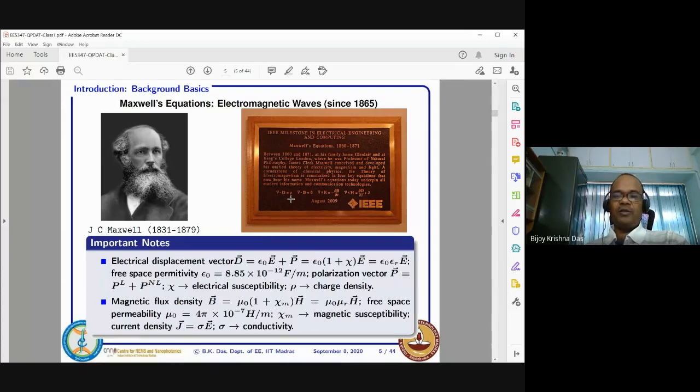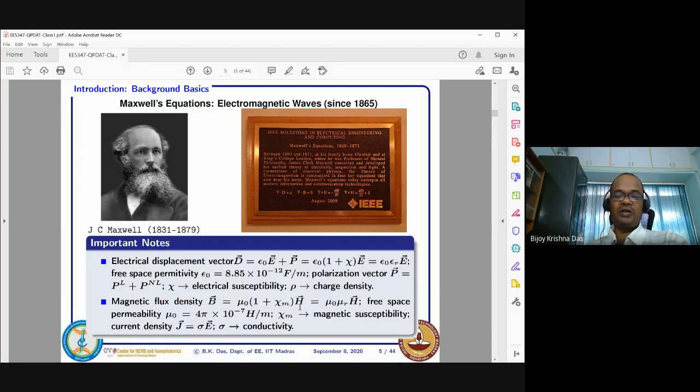And similarly, if the material is a magnetic medium, and there is a magnetic field, you can represent how this magnetic field behaves inside the material with another term called B, the magnetic flux density. It is equivalent to D for the electric field. Similarly we write mu0 times 1 plus susceptibility, with subscript M, for the magnetic case, and your magnetic field strength is H.